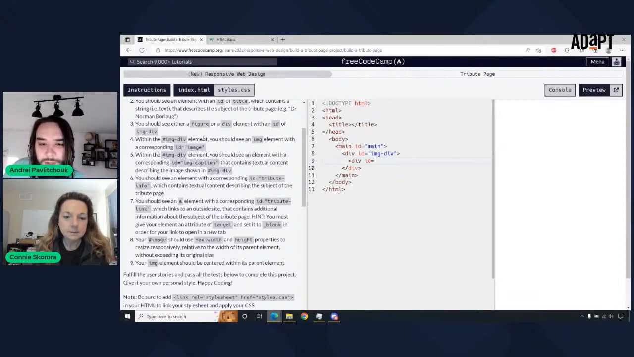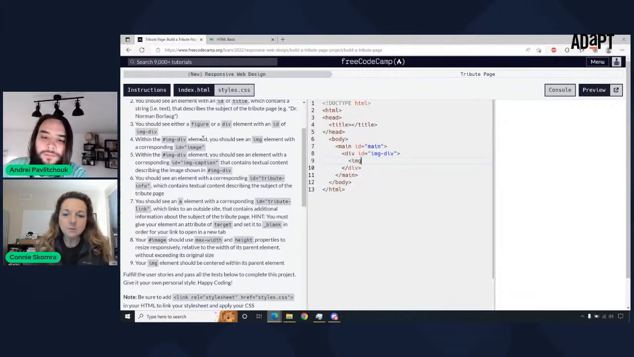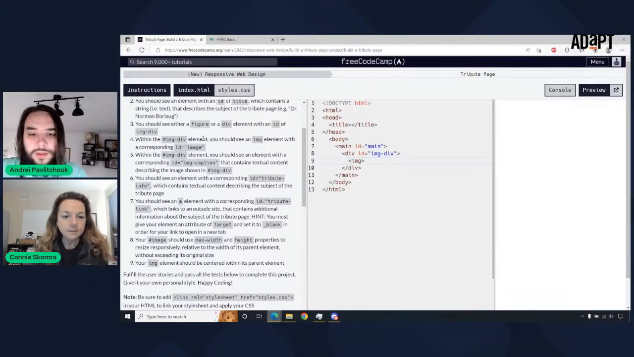you should see an image element with. So we need to now create an image element. Okay. So when it says within the hashtag image div element, that means your div with the ID image div, which you already have. Yep. And that's correct. What you're doing is correct. And then we need to do